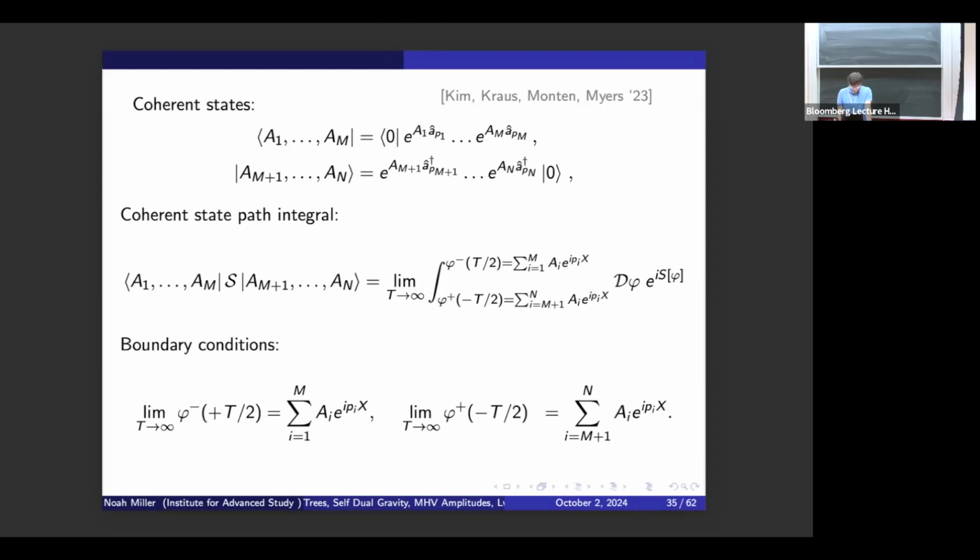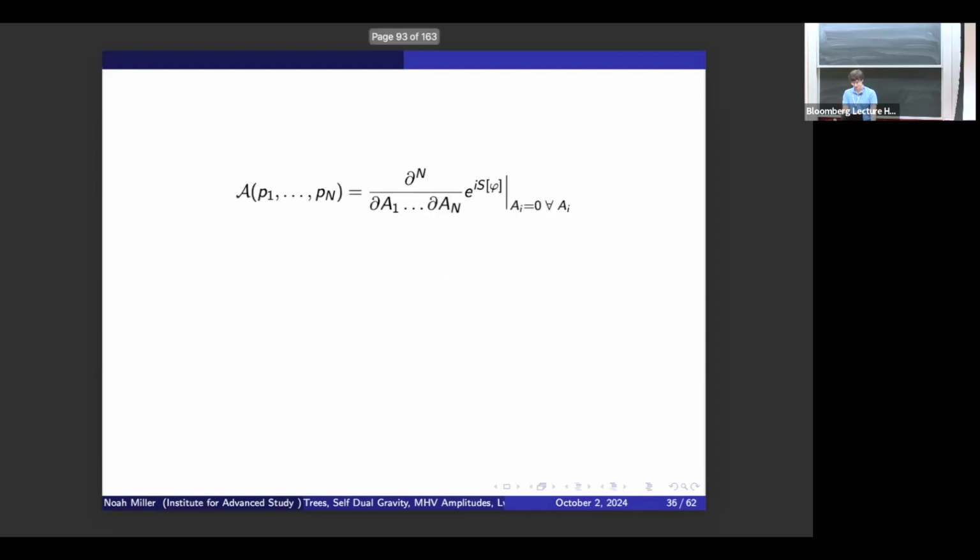So this is a mixed boundary condition path integral where you're specifying different things in the past and future. In the future, you have a sum of future plane waves; in the past, you have a sum of past plane waves. Now, if you want tree-level amplitudes, you want to find classical saddles with these boundary conditions. To get a normal scattering amplitude of just quanta, not coherent states, you then differentiate by all these